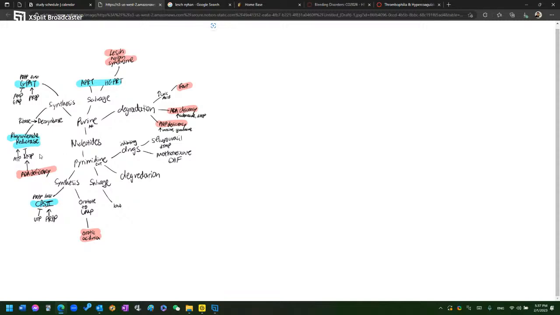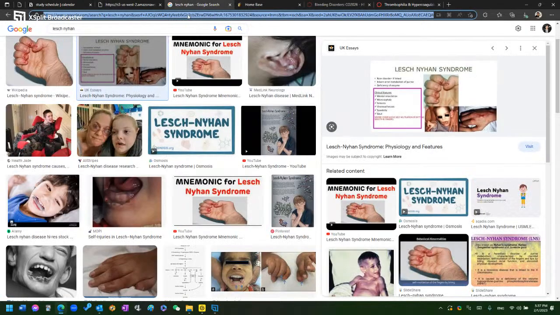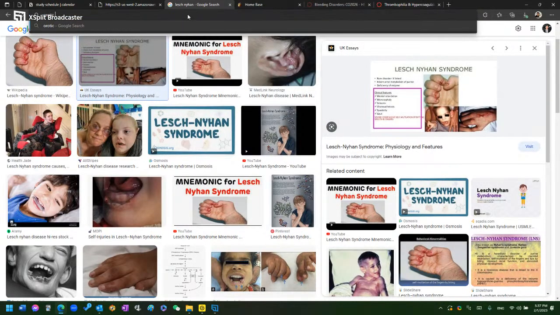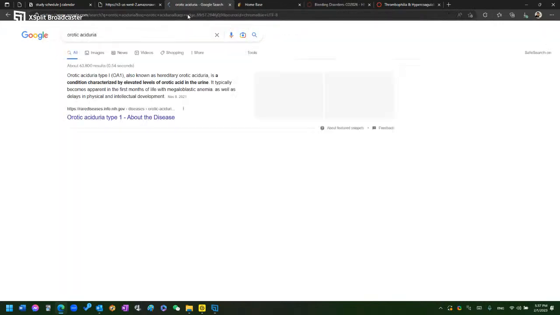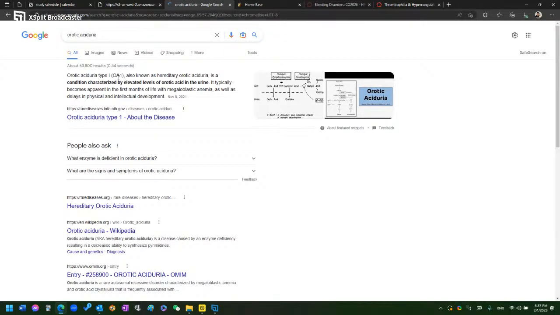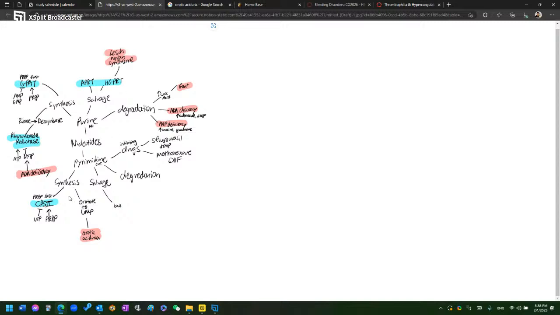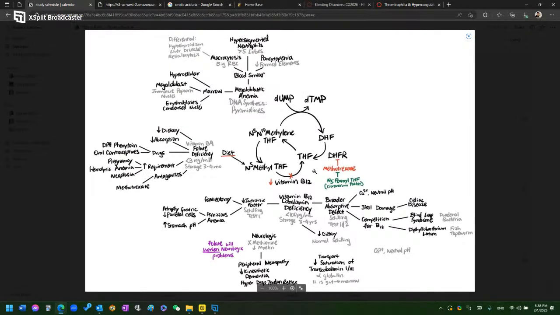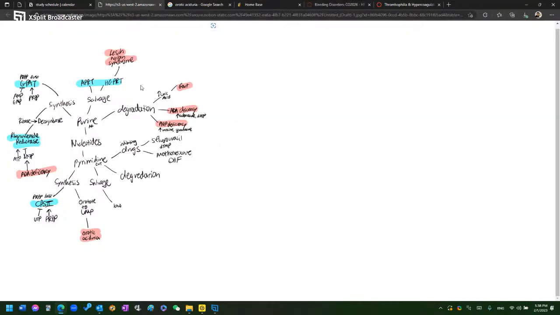There's also a big deal not just with formation, but also with degradation. First, I'm going to talk about orotic aciduria, where you have a problem of converting orotate to UMP. Orotate, I don't have on here, but you can't. So essentially,